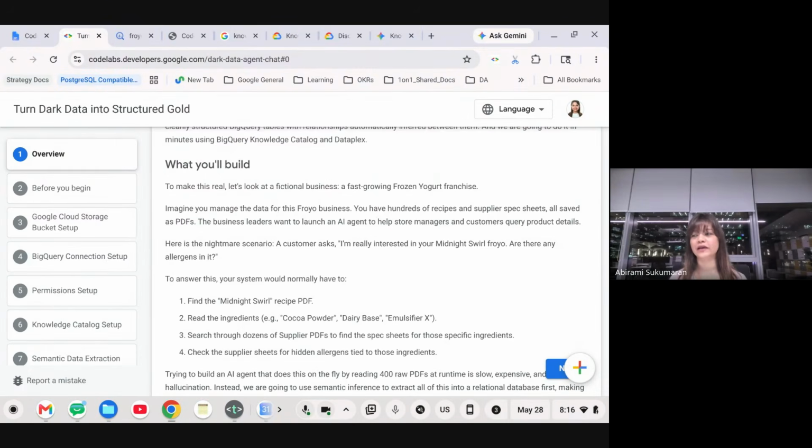Even forget about Froyo, any retail company for that matter, whether it's a clothing brand or whatever, you have a lot of PDFs, a lot of spec sheets that collect information. Or even if it's a fashion warehouse, you will have PDF files to tell you what the sizing guideline is, what the color guideline is, what the brand guideline is, whatever it is. So many details, so many files. Similarly for the Froyo business, more.